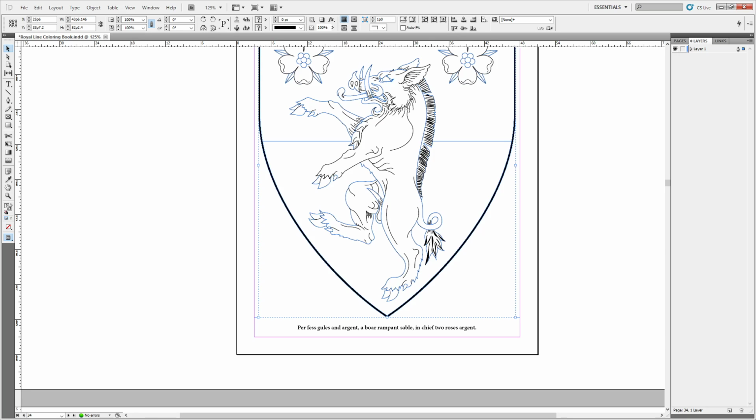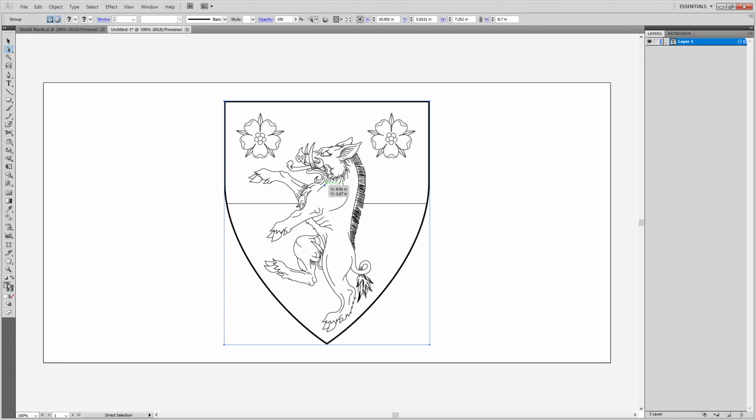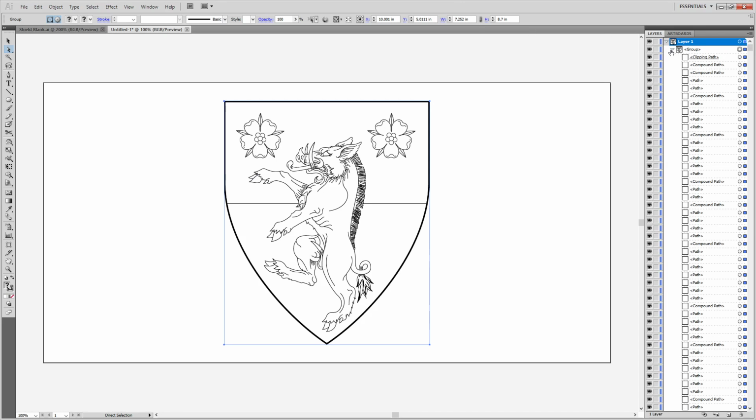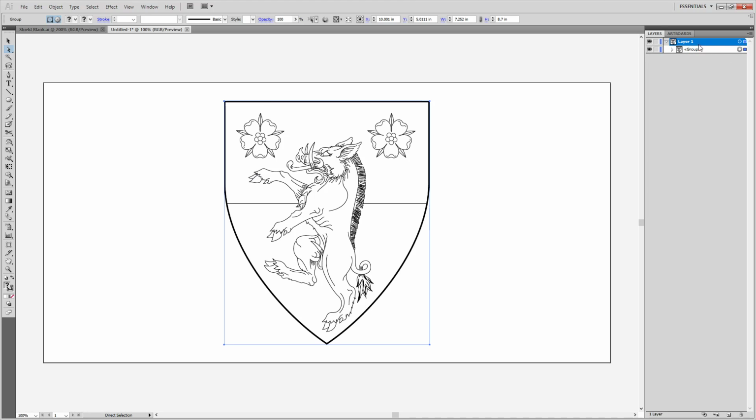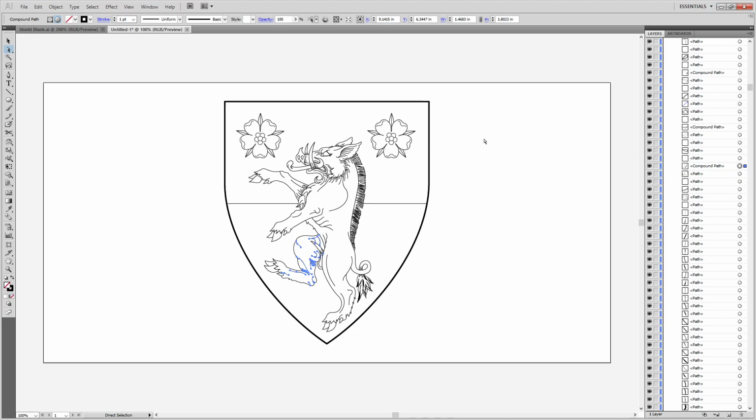I'm wondering something. Copy. What if I drop this vector image back into Illustrator? Make a new one. Layer. Group. I can salvage it. Excellent. It's not grouped the way I want it, but I can go back in and manually do that. I don't know why that's a compound path. But again, I can go and